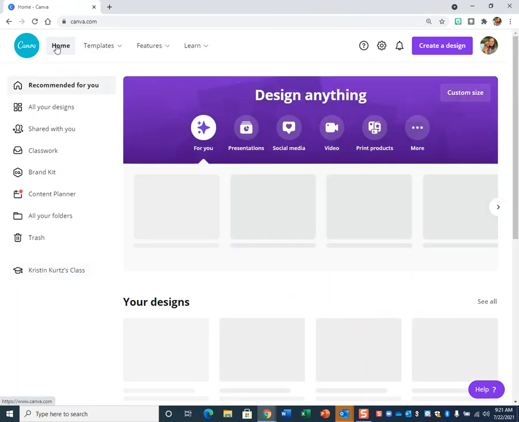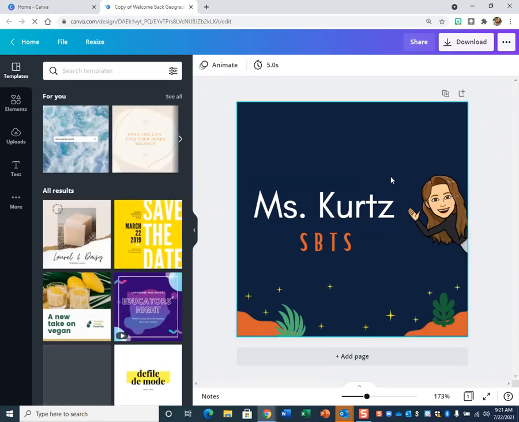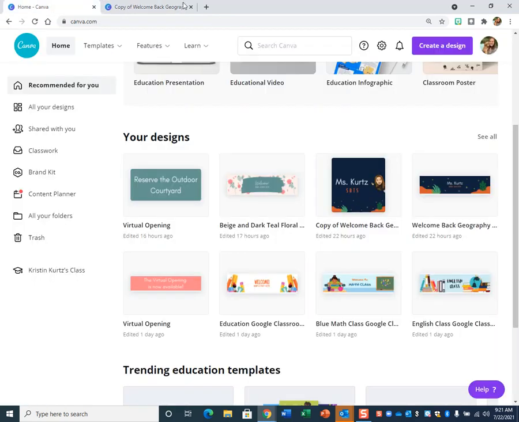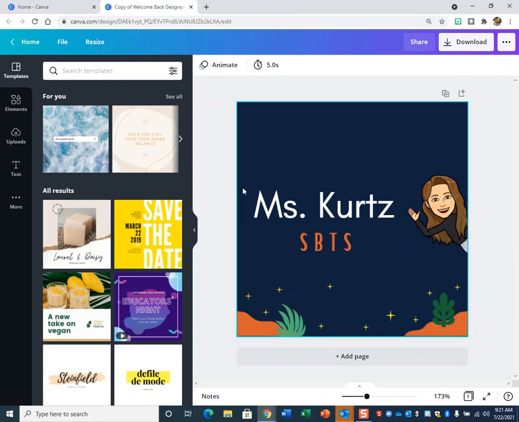Once you do sign up for a free teacher account, I'm going to show you two ways to make a picture like this for your Schoology account. So the first way is you could go up here where it says design anything and just click on custom size. Now we want it to be a square